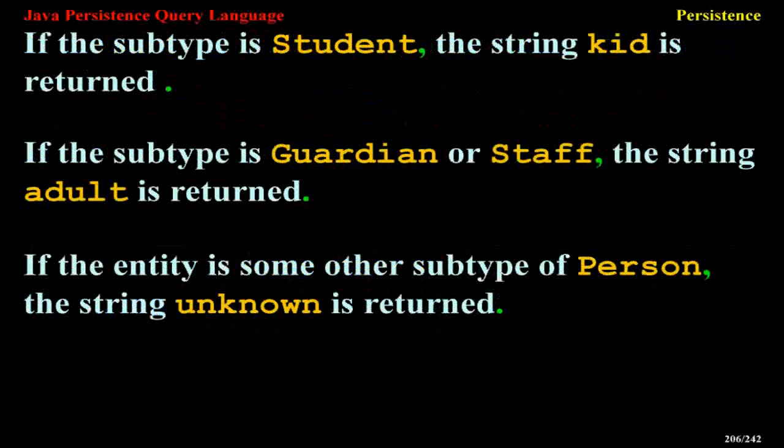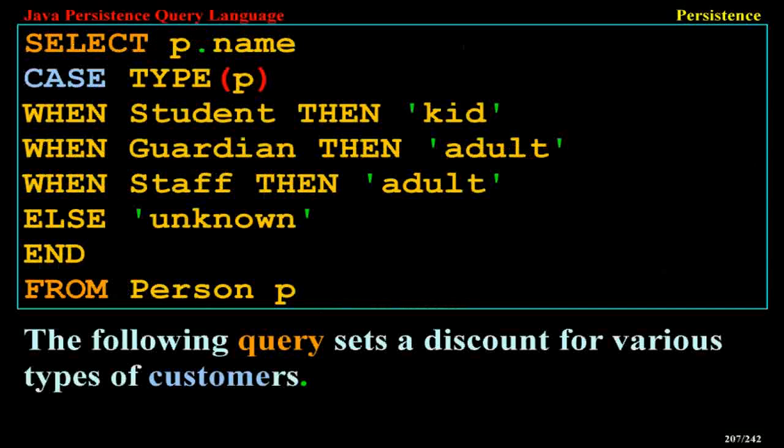If the subtype is student, the string kid is returned. If the subtype is guardian or staff, the string adult is returned. If the entity is some other subtype of person, the string unknown is returned. SELECT p.name, CASE TYPE(p) WHEN Student THEN 'kid' WHEN Guardian THEN 'adult' WHEN Staff THEN 'adult' ELSE 'unknown' END